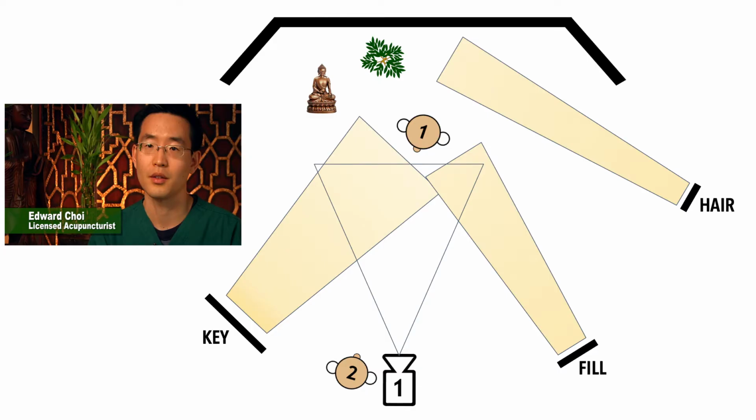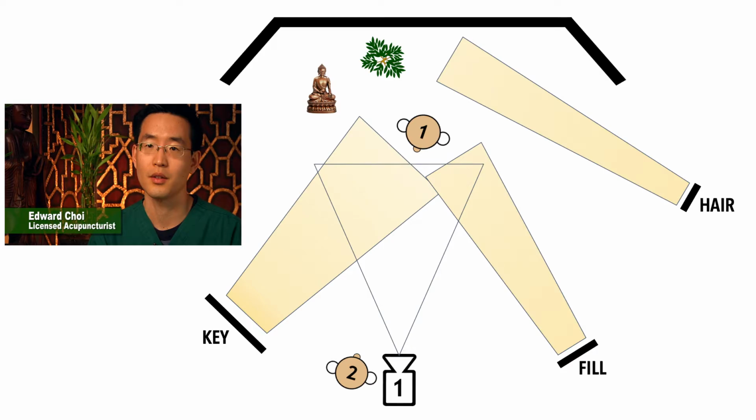Now this is a diagram breakdown of exactly how I set up this shoot. You can see in the lower portion of the screen, I only used one camera, and I'm person number 2 sitting next to it. Ed is person number 1, that's the focus of the situation. And you can see I've got a number of lights involved here too.